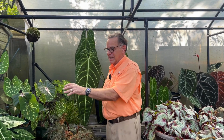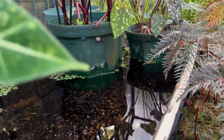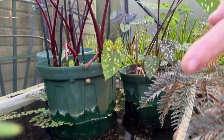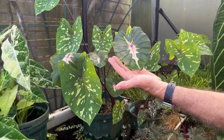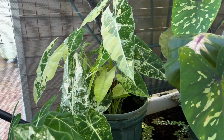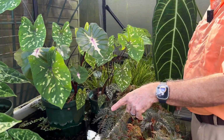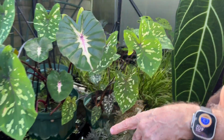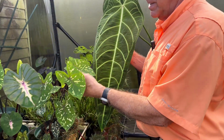I had mentioned before about colocaceas and the leaf texture. So these are also aroids. They grow sometimes even entirely and partially submerged in water, meaning they need a lot of water to be able to support the turgor, or how thick the leaves are. Yeah. Anthuriums are different. And this would be a challenging plant to keep indoors because you don't have rainfall. So here, on the other hand, unlike this leaf,